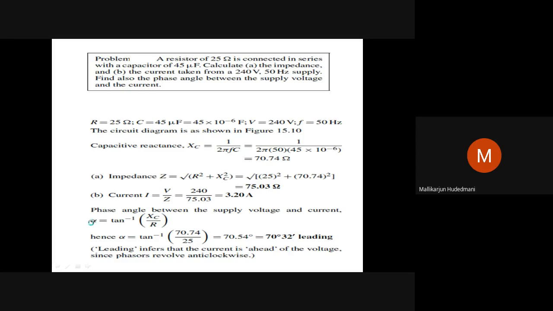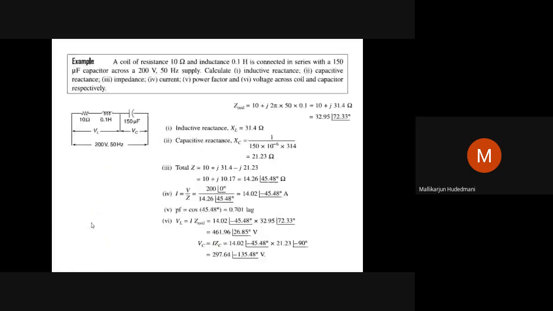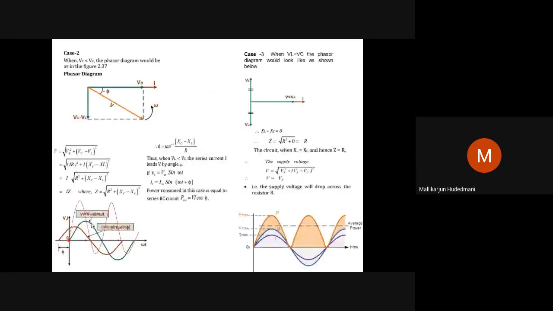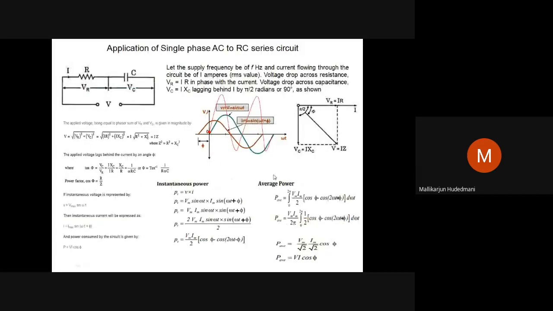So how do you get this? You may ask me. I can show you the proof. So if I go back to the RC circuit, can you see this triangle? This triangle I am trying to convey to you. This vertical side is I into XC, correct? This horizontal side is I into R. Hypotenuse of this triangle is I into Z. So you consider R from this, XC from this, Z from this. That becomes an impedance triangle.